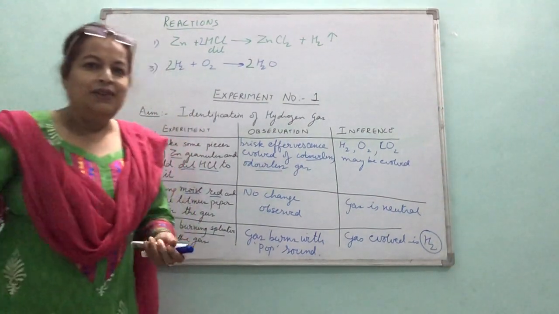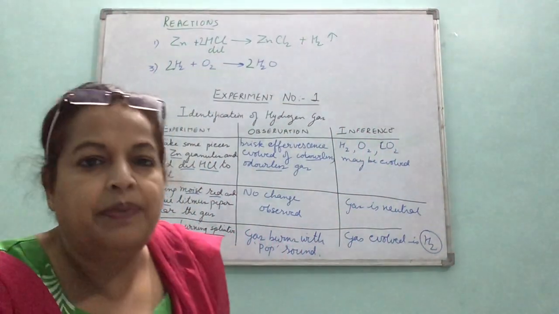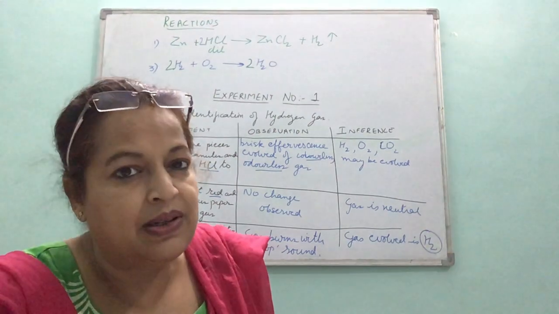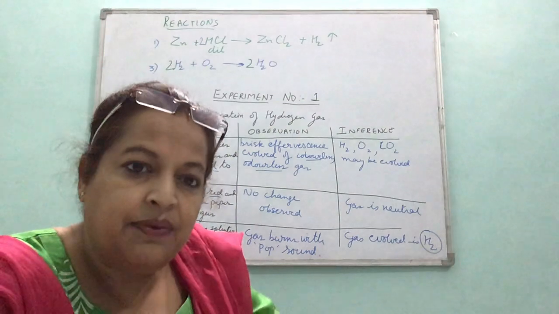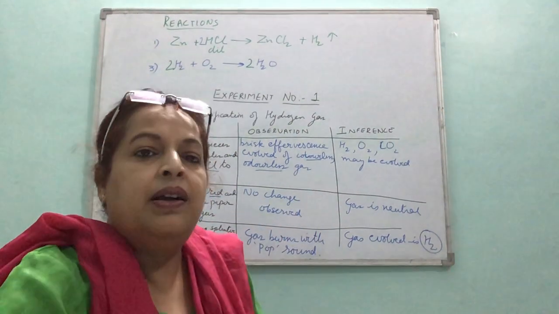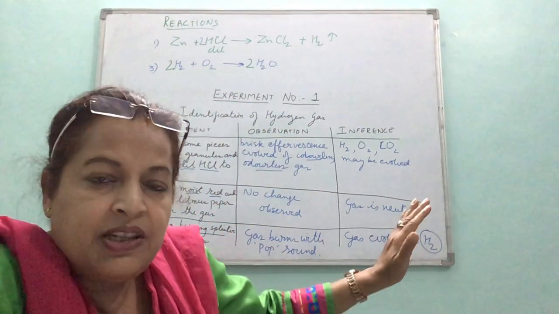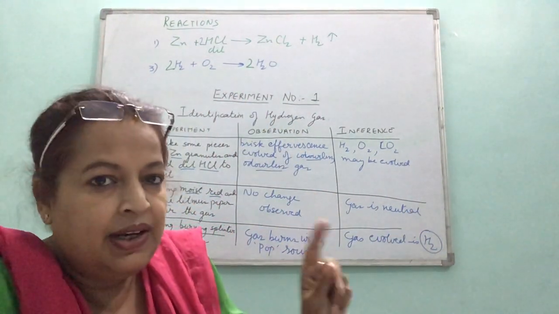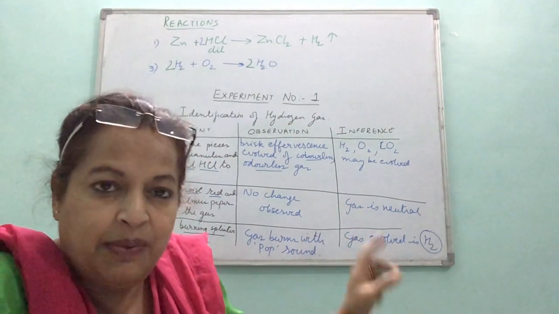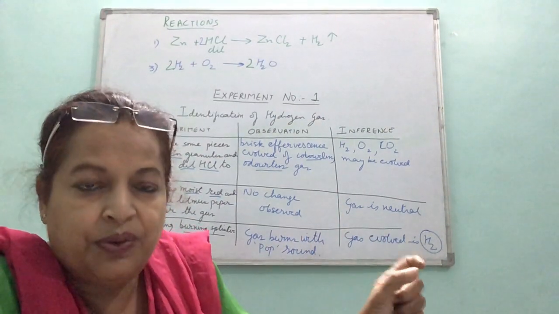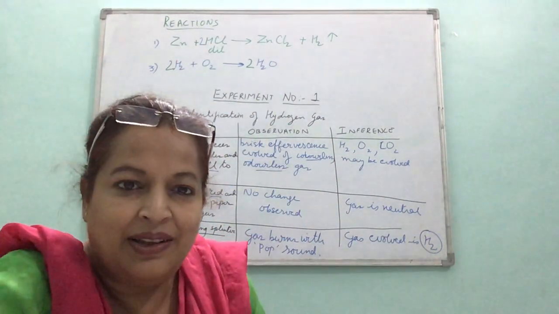So this is what you have to do in your lab manual. Now again I will remind children, the chemistry lab manual you will use is the one given in your book list, only purchase that one. Everyone should purchase that one, it should be the same and uniform. Don't go for any other one. Then on the first page there is an index. The index also you will fill up according to the date when you are doing the experiment. Aim and all. Experiment number 1, what we are doing, identification of hydrogen gas. And this should be written systematically in it.